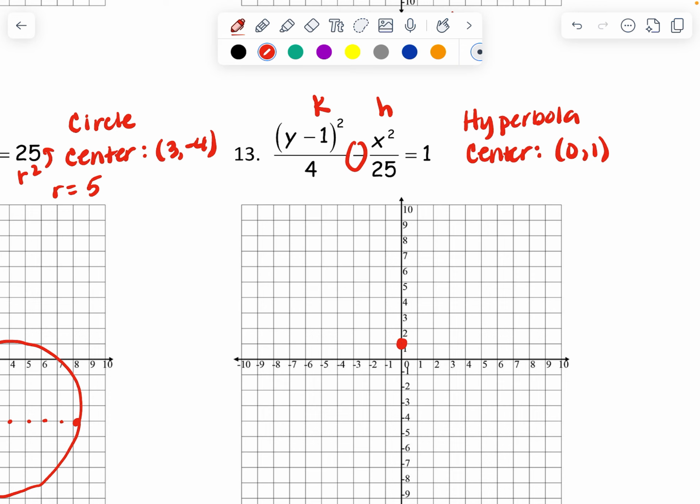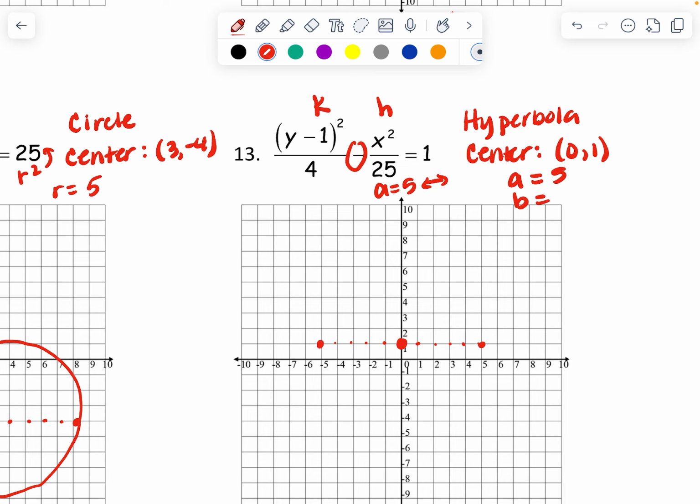Then I need the a, b, and c values. So the a value is the number underneath the x. So the a is going to be 5. And this is your right and left hand movement because it's under the x. So I'm going to go right 5, 1, 2, 3, 4, 5. And I'm going to go left 5, 1, 2, 3, 4, 5. Okay. And then my b value